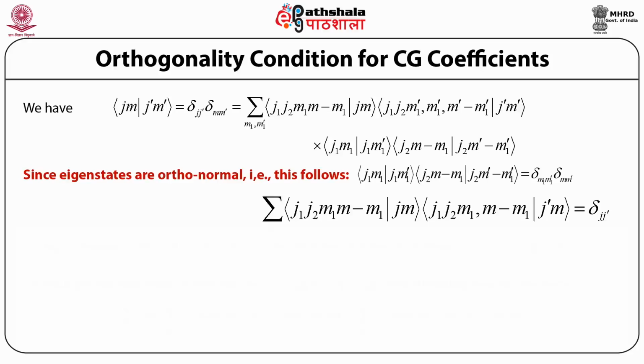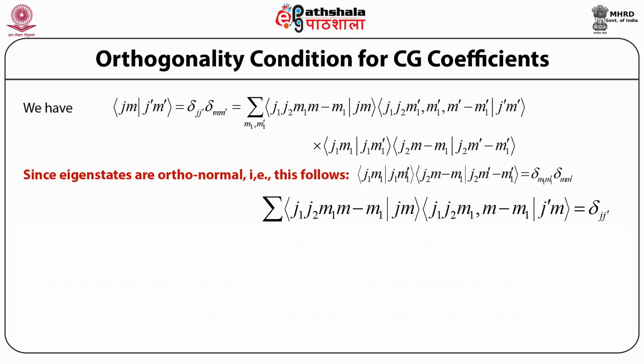Now, since the eigenstates are orthonormal, that is <j1 M1|j1 M1'> <j2 M minus M1|j2 M' minus M1'> is given by the relation delta of M1 M1' times delta of M M',